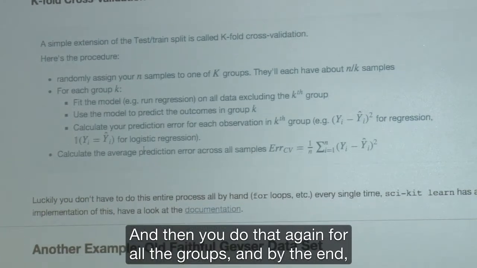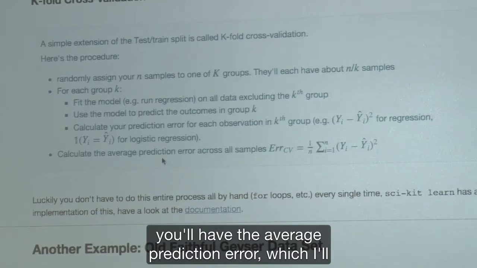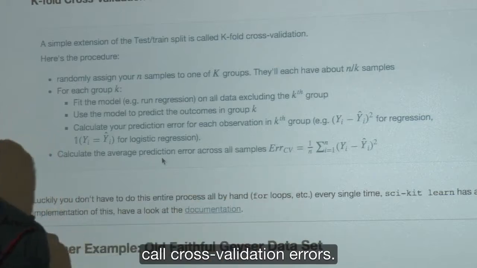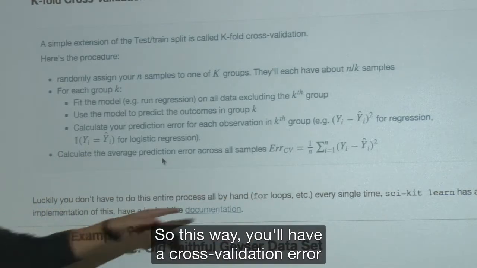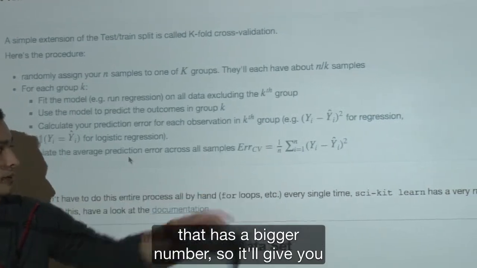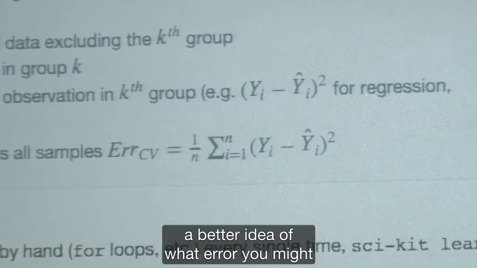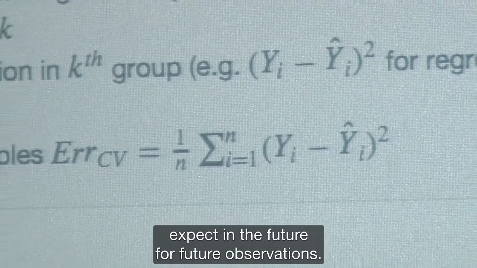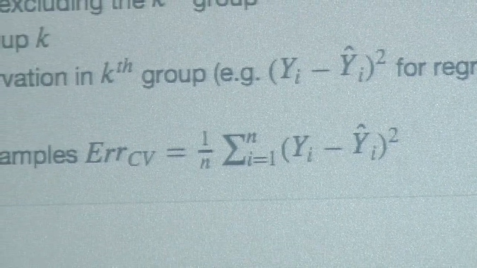And by the end, you'll have the average prediction error, which I'll call the cross-validation error. This way you'll have a cross-validation error that is based on more data, so it'll give you a better idea of what error you might expect in the future for future observations. Okay, so